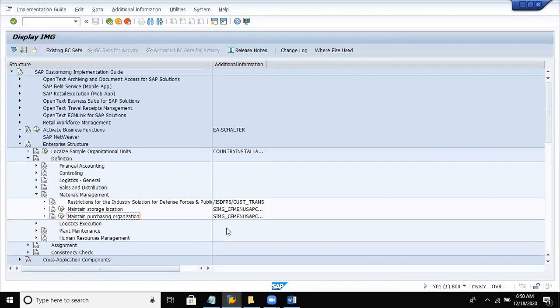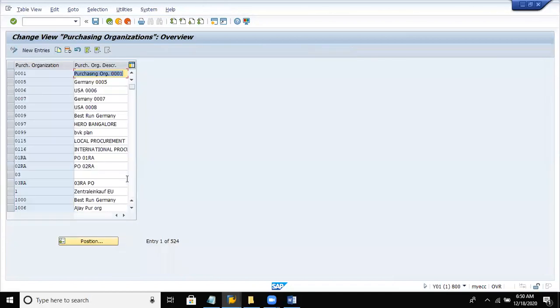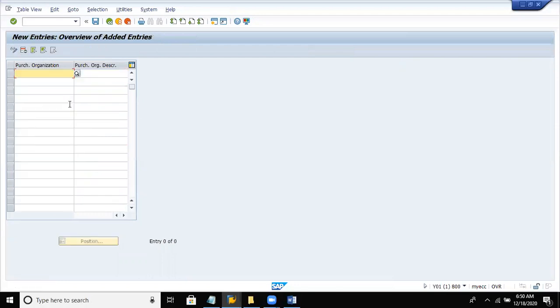The T code for the same is OX08. New entries. So let us create our purchase organization as DUPU and let us name it purchase organization 2 DEL 8. Enter, save.